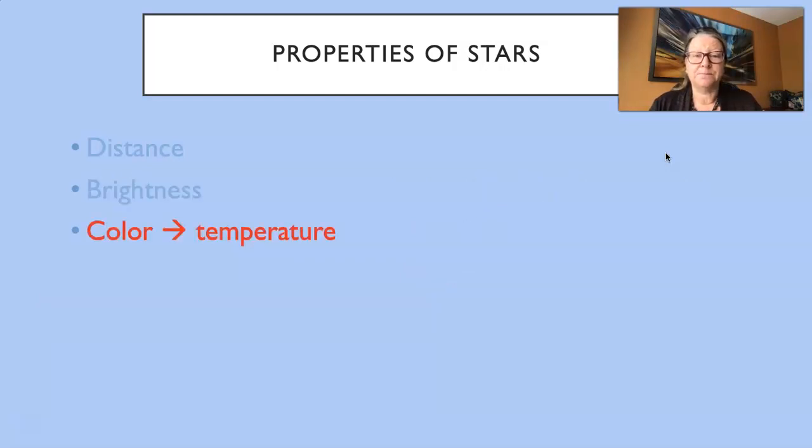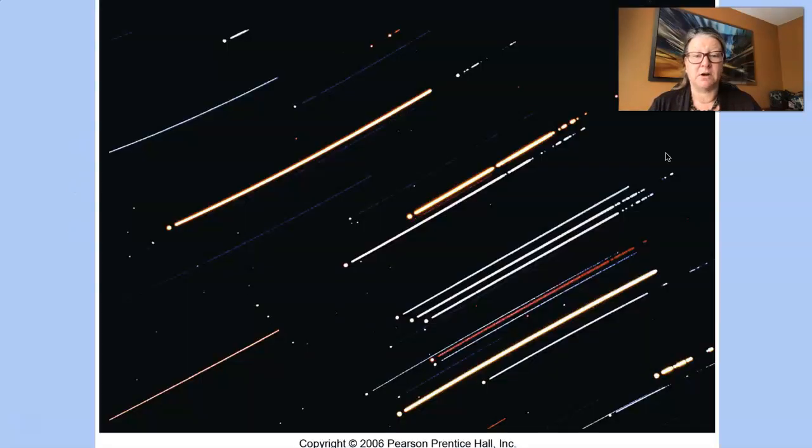Finally, color. We've talked before about how temperature and color are related when it comes to stars. This is Orion, the hunter, if you recognize it. Here's the belt, here's the sword, here's the shoulders. And what you can see in this picture is that there are a lot of different colors. The reason there's streaks is because the aperture of the camera was held open for a certain amount of time. And you can see the colors a little bit better that way, like this red one here is very clearly